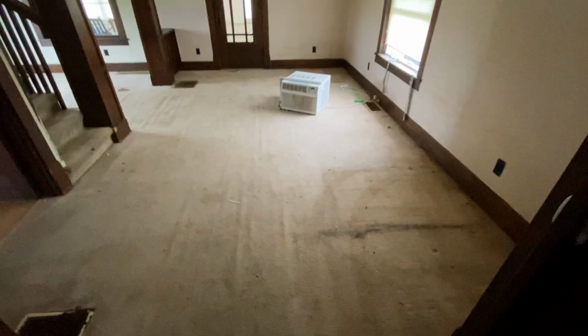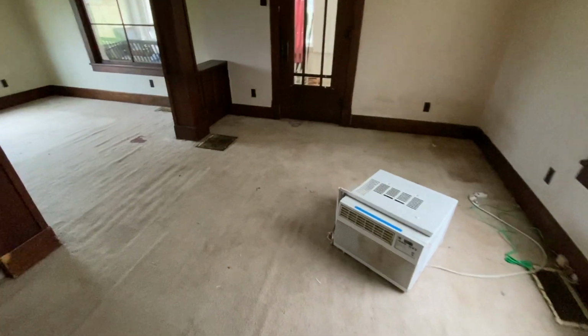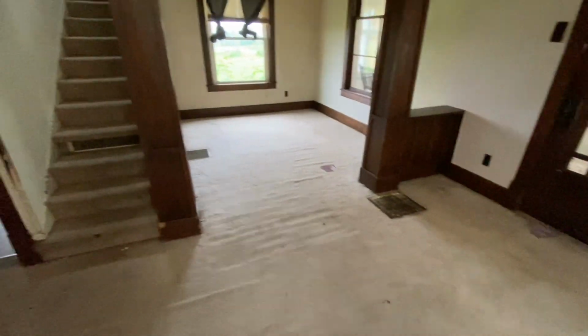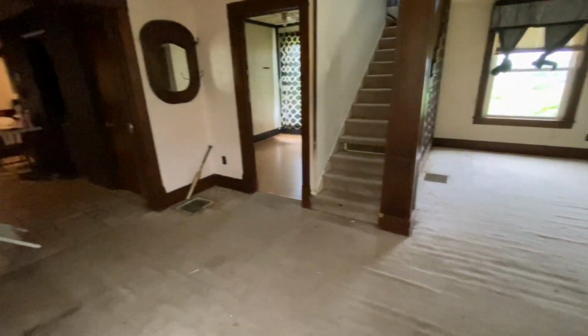This did used to be carpet. It's been carpet for my entire life. So it was kind of exciting to see all of these hardwoods. And they're extremely dirty, but